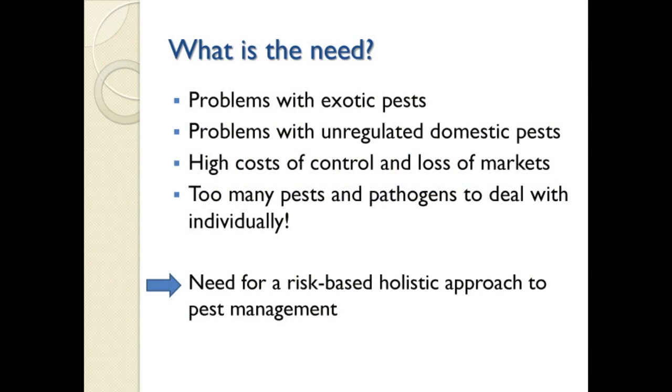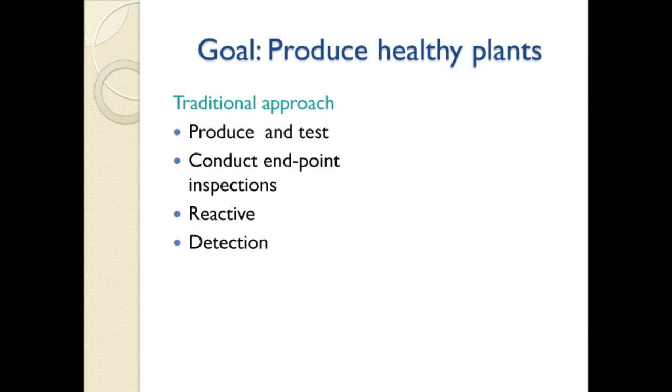What is the need that we've got? We have problems with exotic pests. We have problems with these unregulated domestic pests. The costs for controlling the pests and pathogens are high, and there is the potential for loss of markets, causing even further economic losses. Our goal is to produce healthy plants, and the traditional approach really consists of producing something,